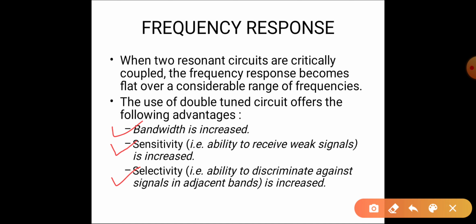Just keep in mind that here we have only used the double or two tuned circuits with a single transistor amplifier. We have only used a single stage transistor amplifier, and we have used two tuned circuits at the collector load. In the next topic, stagger tuned amplifier, we'll see a different set of amplifier stages and a different type of tuning of the tuned circuits. But for now, just consider that in the double tuned amplifier we have used two tuned circuits instead of a single tuned circuit as in the single tuned amplifier.